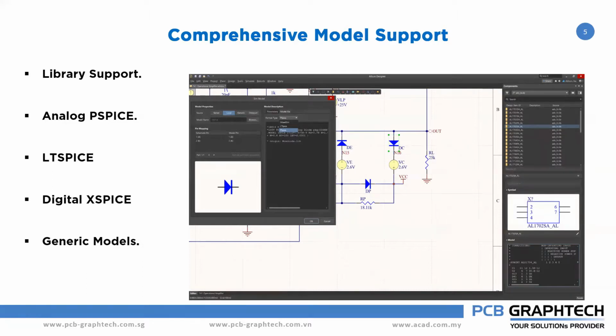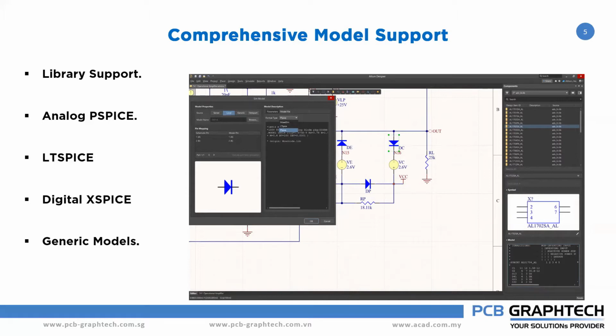Now you can take the models directly from your simulation dashboard and link the models with your schematic symbols. If the pins are not mapping, we can map the pins inside your simulation model. Based on the models, you can rearrange them, then use the models for simulation.